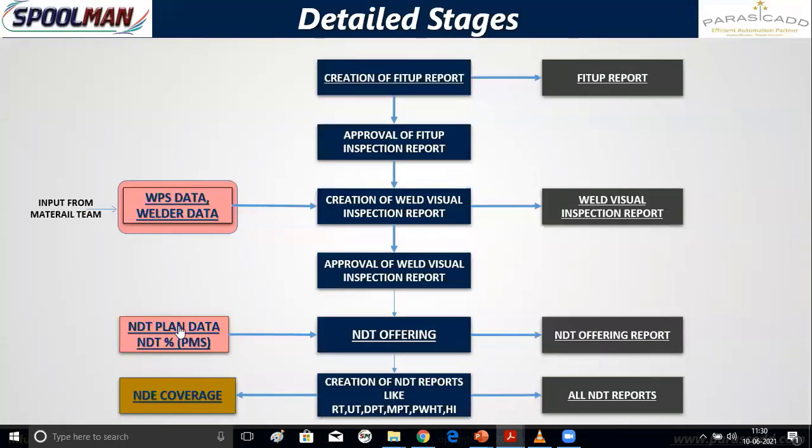Then there is an NDT plan. What should be the percentage of coverage against a particular process, that is fluid code, or for a particular specification, for a particular thickness range, how things should follow. System will help us. At the same time, when I'm going for welding, what is the eligible WPS and who are the eligible welders, those will be filtered by the system.